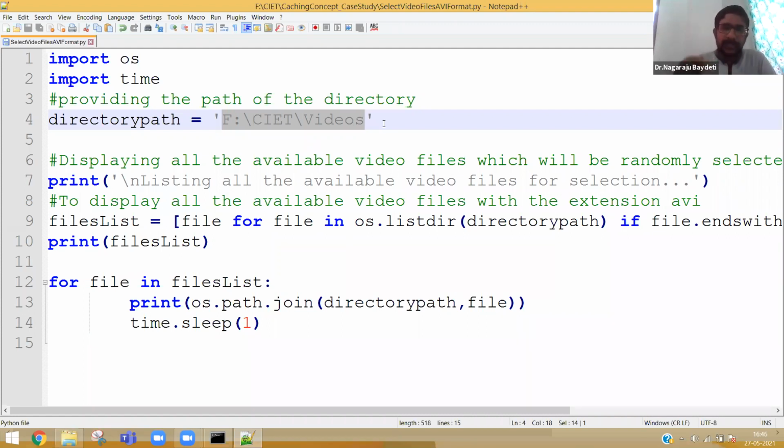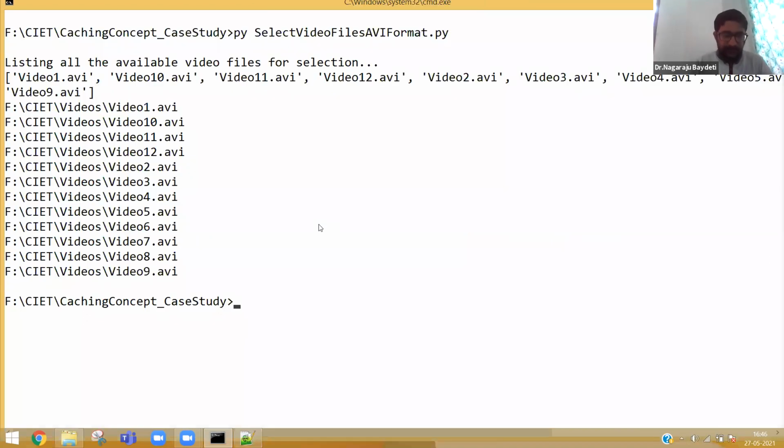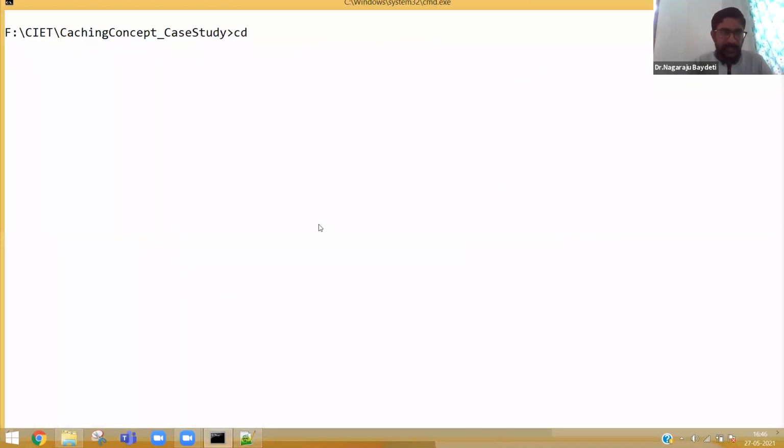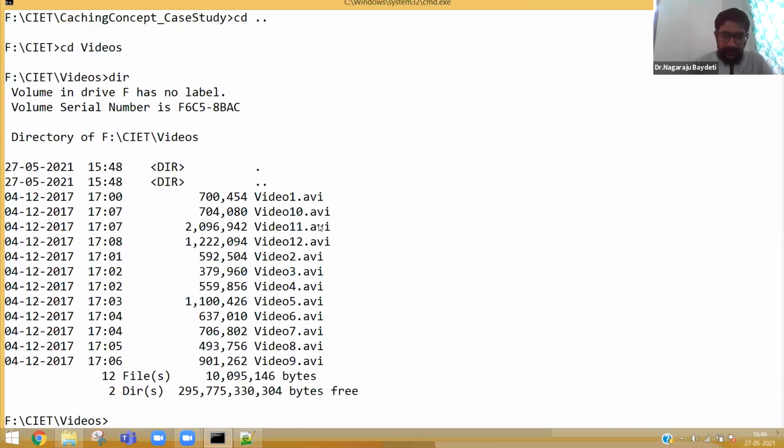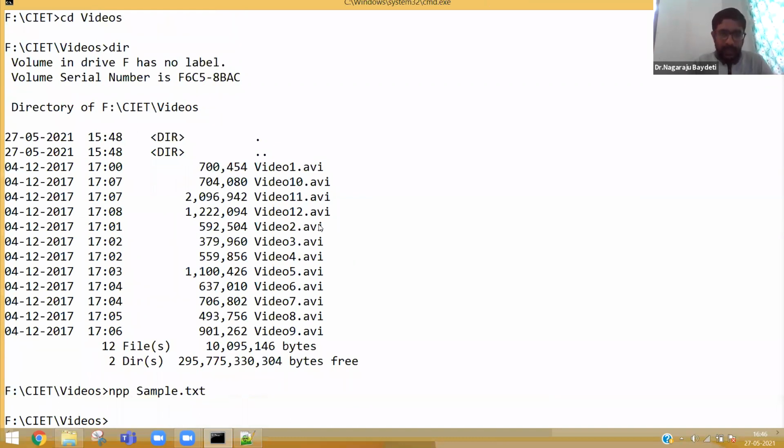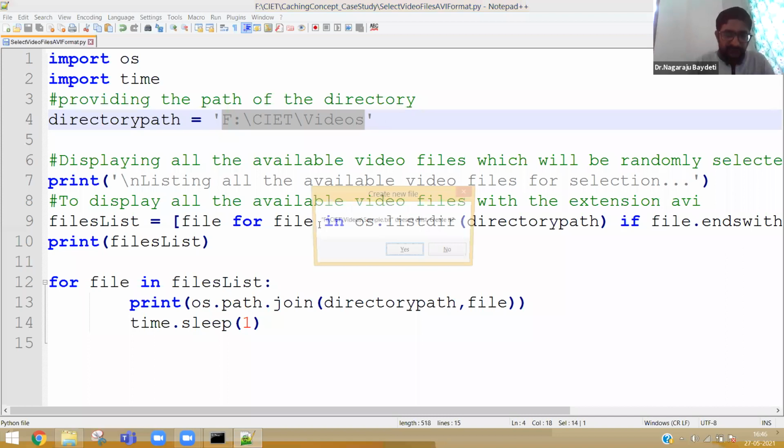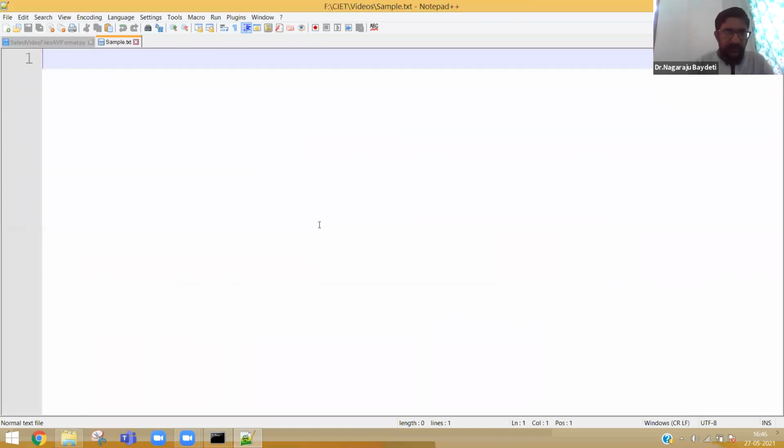Now, in this particular directory, there can be many files. For example, let me copy. Just give me a second. In this folder, only videos are there. Let me simply create sample.txt. I am purposefully creating a sample file. Save it.